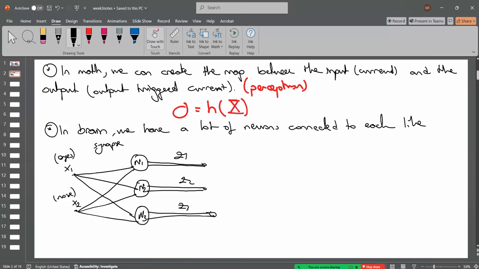Okay, these three terms are the outputs of N1, N2, and N3. Okay, and also each possesses its own synapses, just like this one, I1, I2, and I3, and I4,